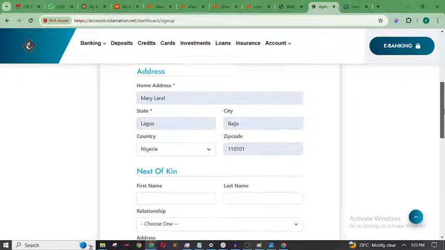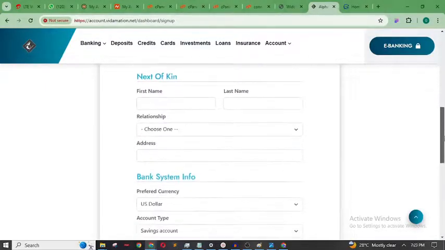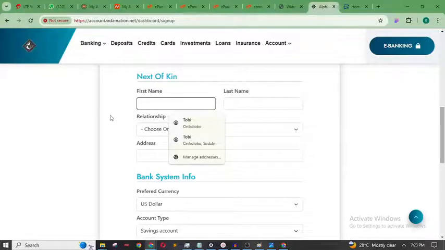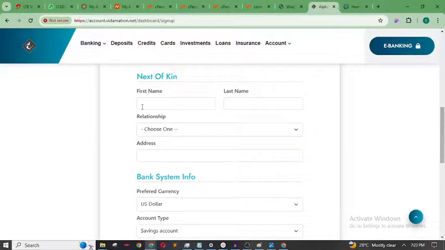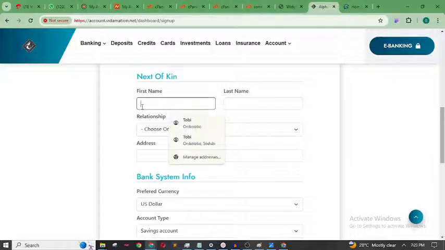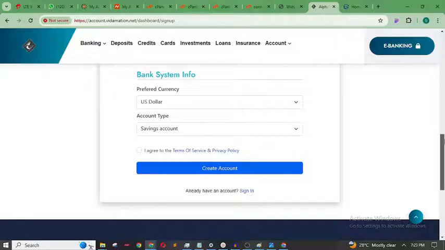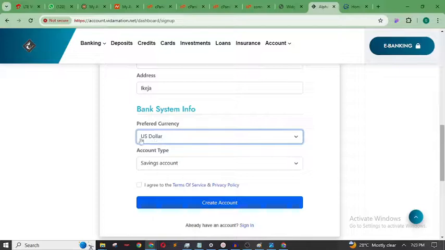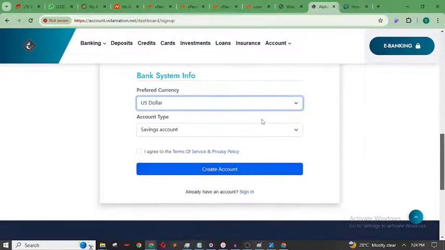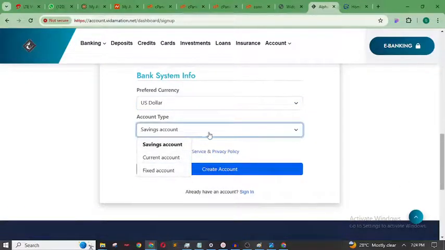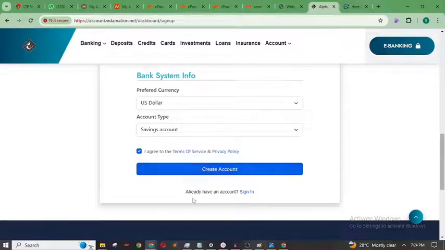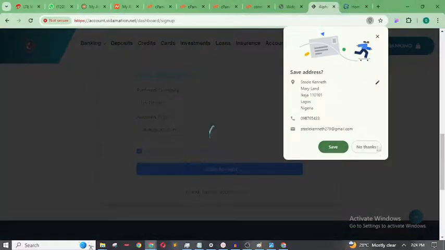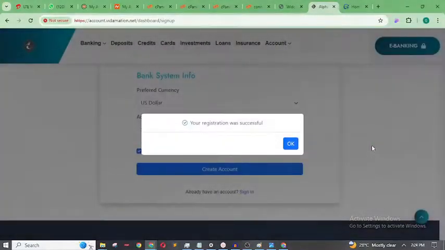So once you have filled your address, then you can scroll down to your next of kin. This is not important, so it's just optional, but you can just put an info here. So here you can choose your currency. It is by default in dollars, so I want it to be in dollars. So savings or current, fixed, I'll just put it at savings. Then I'm going to click on I agree, then we can create our account. So now I'll click on no thanks. Okay,